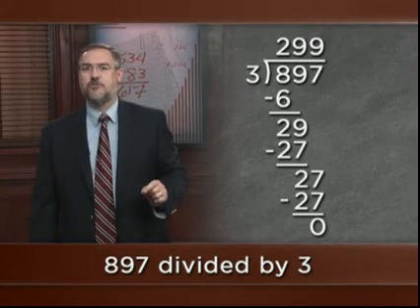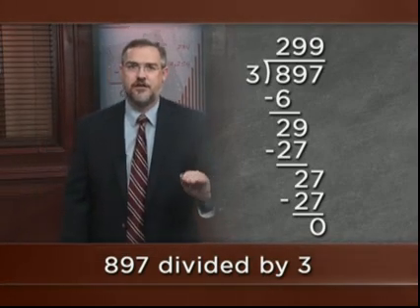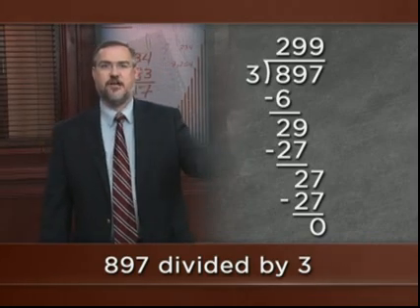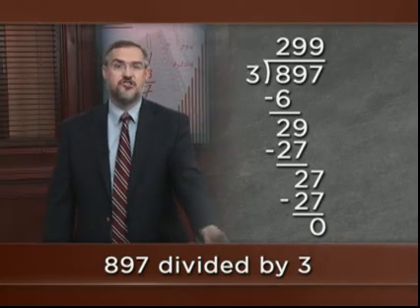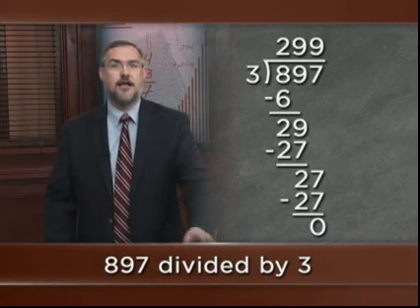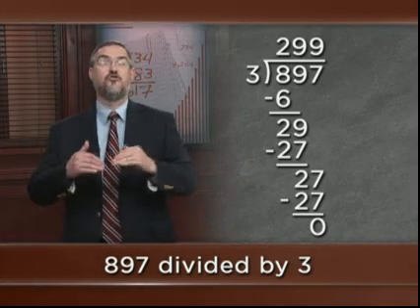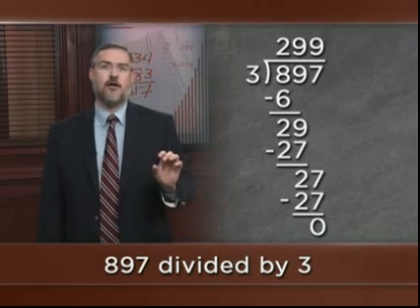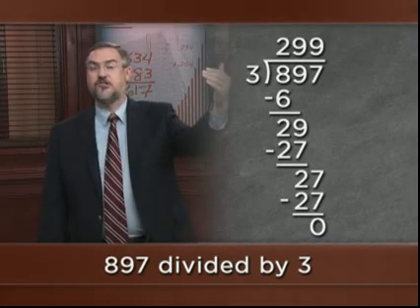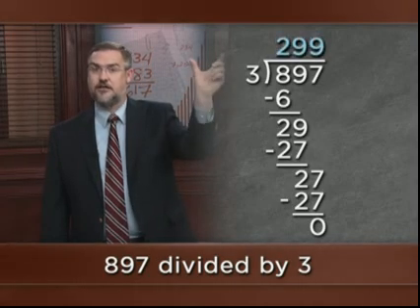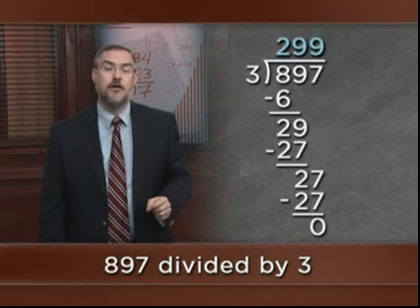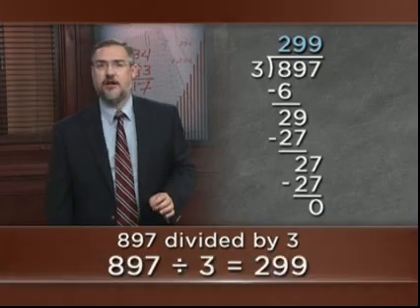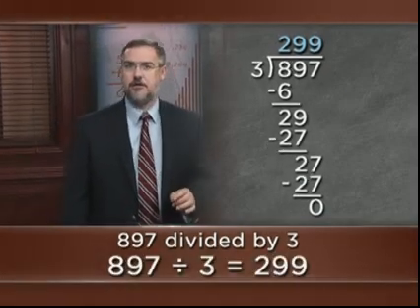Now, notice that we've used all of the digits in the dividend, the 8, the 9, and the 7. And we have this 0 at the very bottom of our work. And that is a hint that we are done, that we need to stop at this point, and we actually know our answer. Our answer is 299. That's what's in the answer section at the top. And so I can say that 897 divided by 3 equals